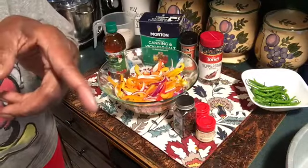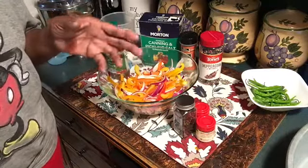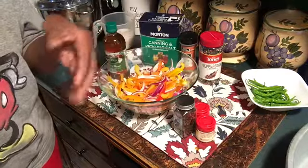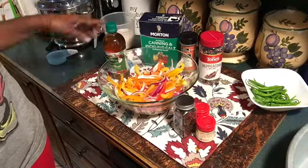The cucumbers are now over in the sink, soaking in water so that we can get all the dirt and stuff off of them, and then I'm gonna show you how I cut them up and everything too. So what we will need is